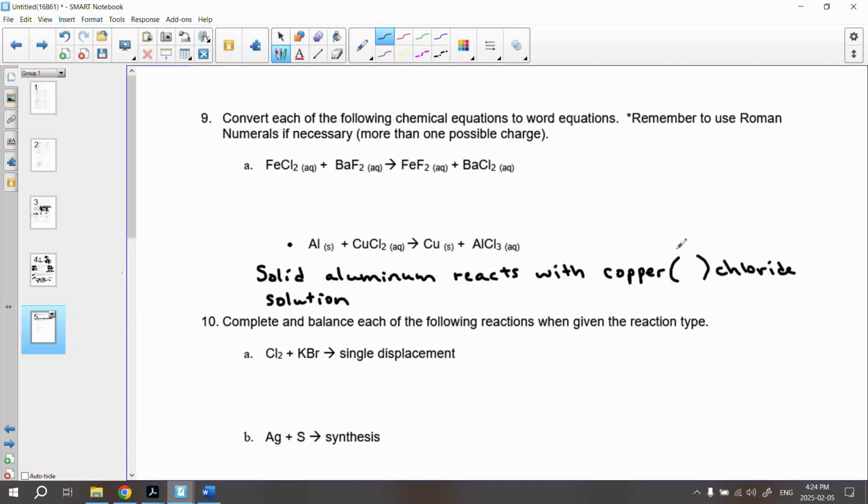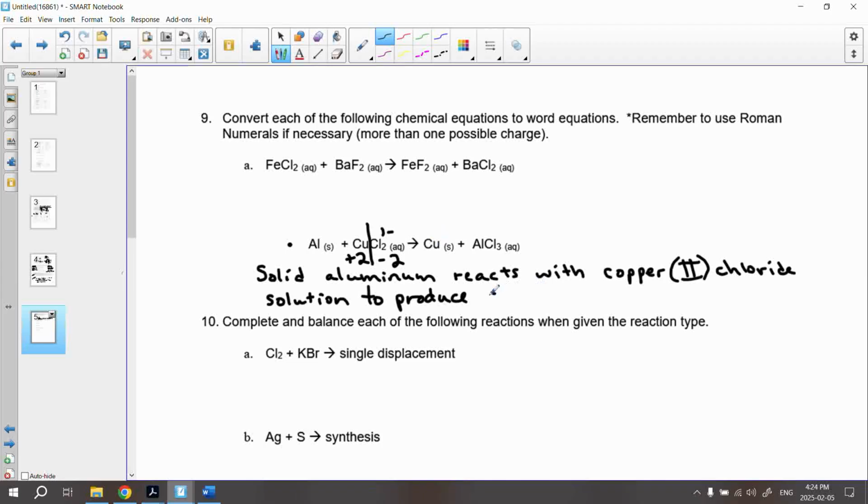Okay, now I want to figure out what Roman numeral goes in here. Well, chlorine has a -1 charge. Remember, I'm going to separate my negative side from my positive side, but there's 2 of them. So over here I have -2, so that must mean copper is +2. So I'm going to put Roman numeral 2 there. Solid aluminum reacts with copper 2 chloride solution. For the arrow, I just say every time to produce